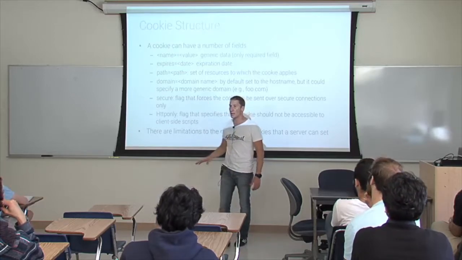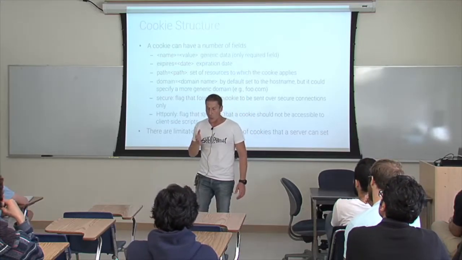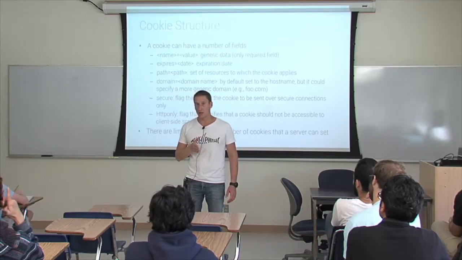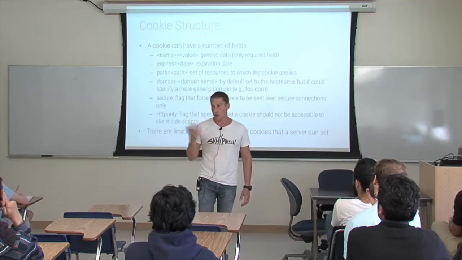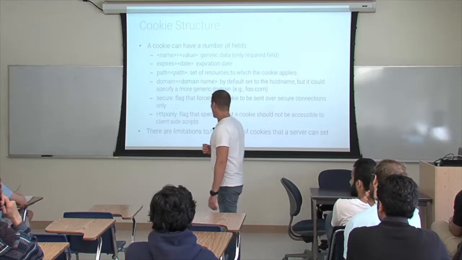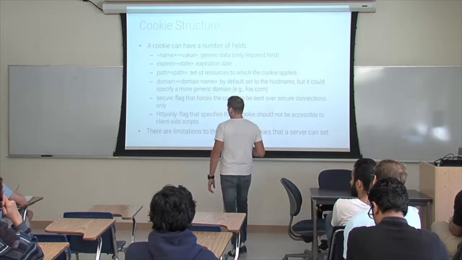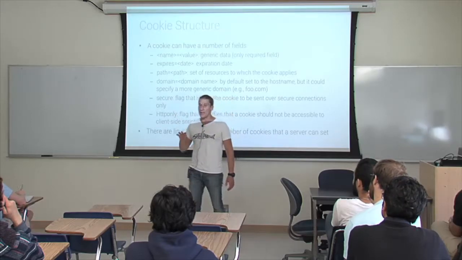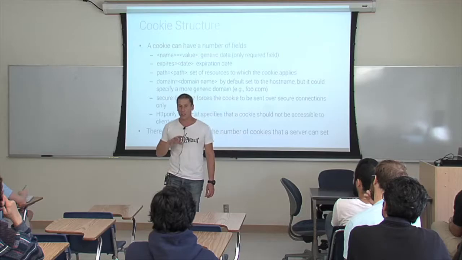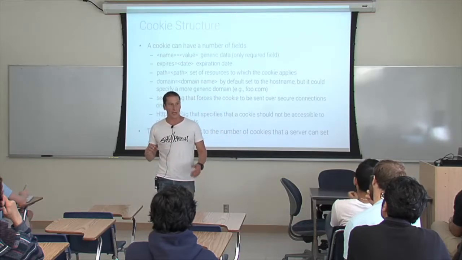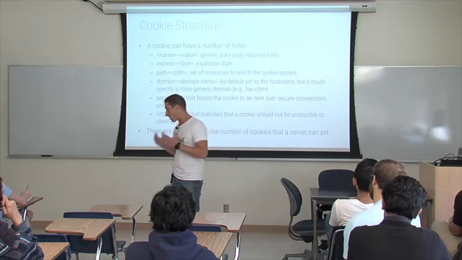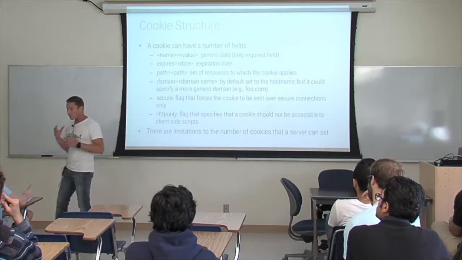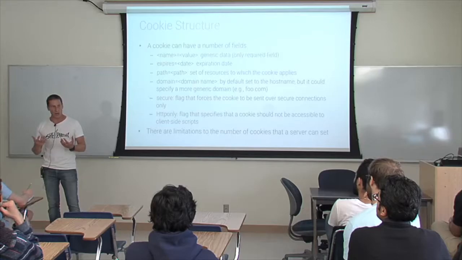Secure makes sure that the cookie gets sent only on an SSL protected channel, so that you avoid sending a cookie over plain HTTP by mistake. And HttpOnly prevents client-side scripting from accessing the cookie directly. So as we will see, there are two things. There are the document object model and the browser object model, which are the basis of any modern application.